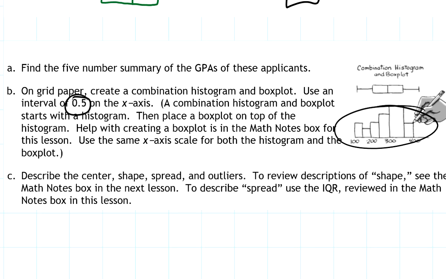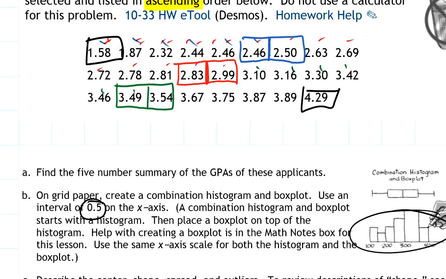Help with creating a box plot is in the math notes, and I think we've looked at those in class even. Use the same X scale for both the histogram and the box plot. So our smallest value in our data set is